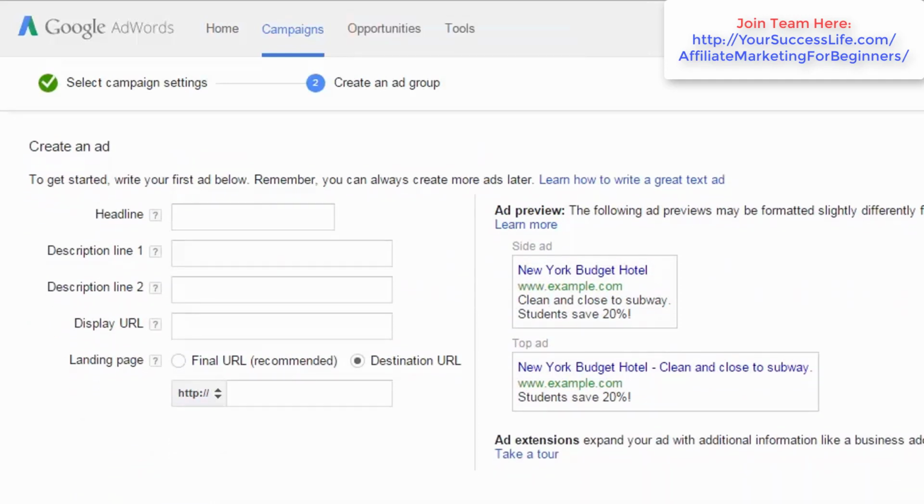So your ad is made up of a few parts. The first part is the headline, which you can see in the example here. Then the description, which is these parts here, line 1 and 2, and the display URL, which is that one there. You can also select whether the ad sends people to your landing page, so your final URL, which will end up being destination URL, which will be this one here, or